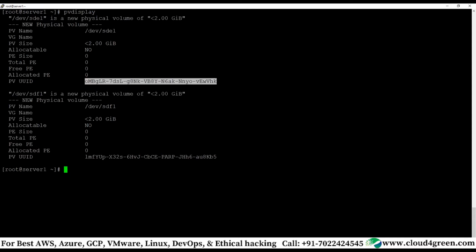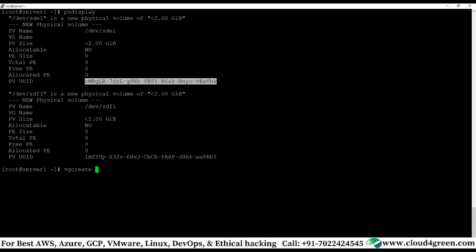Okay, clear? Now what I'm going to do is create a VG. So the volume group create command is vgcreate. Don't worry, I will share some of the slides, this diagram, some of those things which I just downloaded from Google. So I'll upload it maybe tomorrow or today, and you can use that, right?